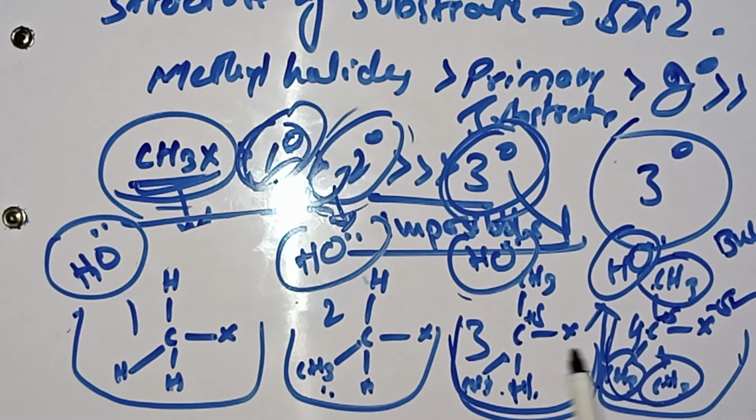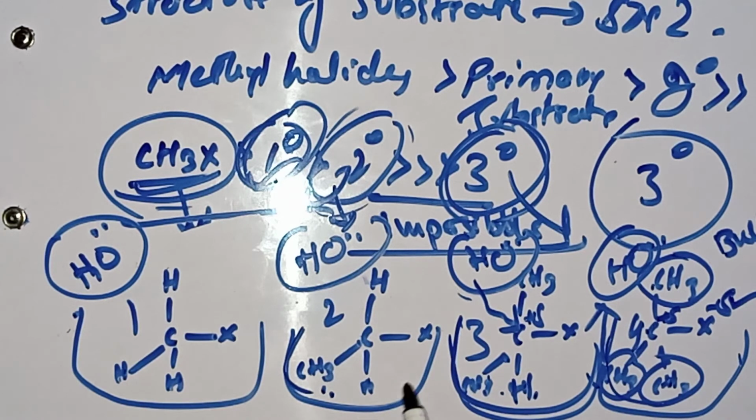more resistance. But in the third beaker, where there is a 2 degree alkyl halide, meaning two bulky groups are attached, there will be less steric effect as compared to when there are 3 bulky groups attached. This means that in the third beaker a little bit of reaction is possible, and a nucleophile can approach the